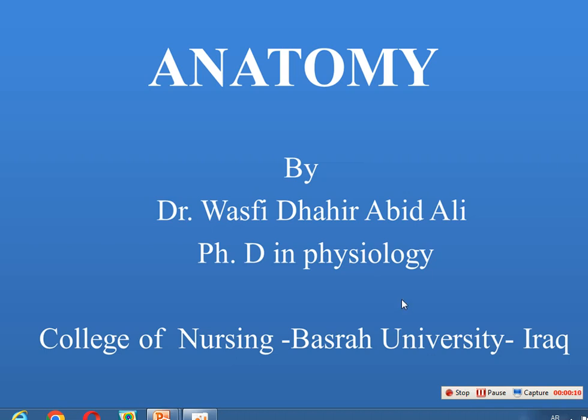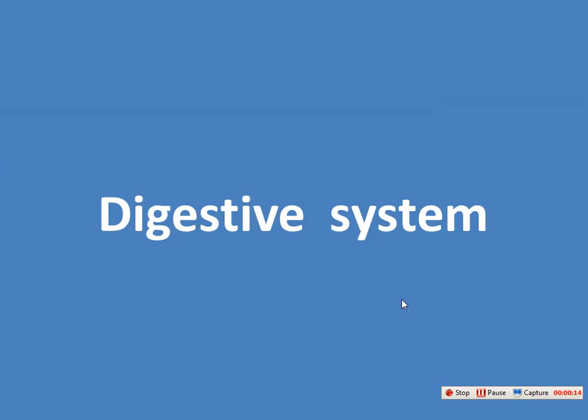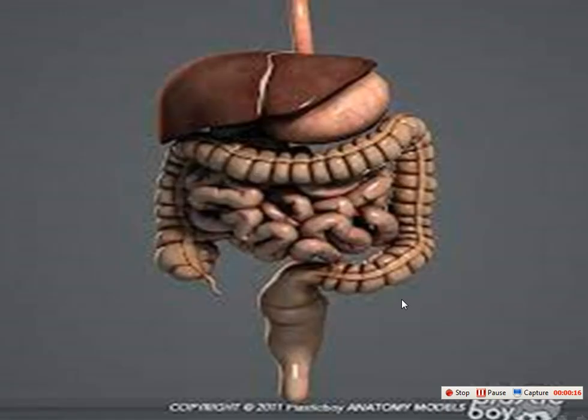In this video, I will show you just the principal organs of the digestive system, because we explained it in the previous lecture. Here we have all the principal organs of the digestive system, and we start with the mouth,